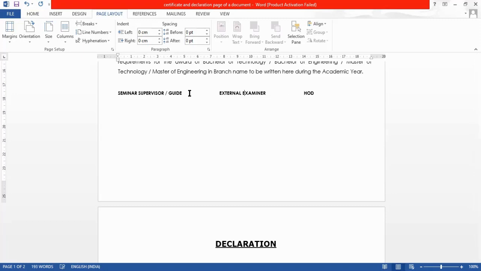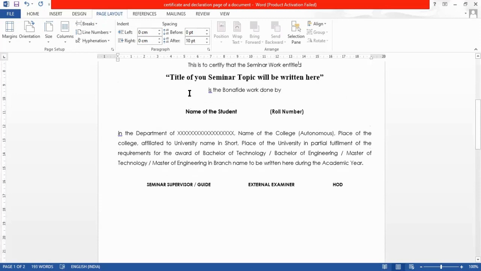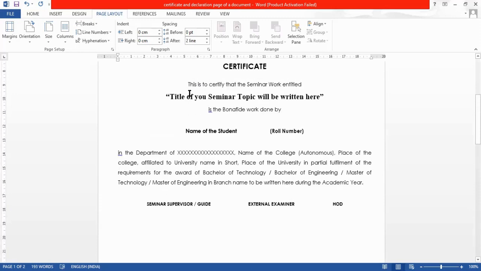Now I need to provide an equal number of tab spaces, if possible, in between these strings. So I'm going to show you. I'm going to give 3 tab spaces. Then after here I'm going to align with the 3 tab spaces. Now I will make it centered. Now I need to provide some line gap after this paragraph. I'm going to press enter.